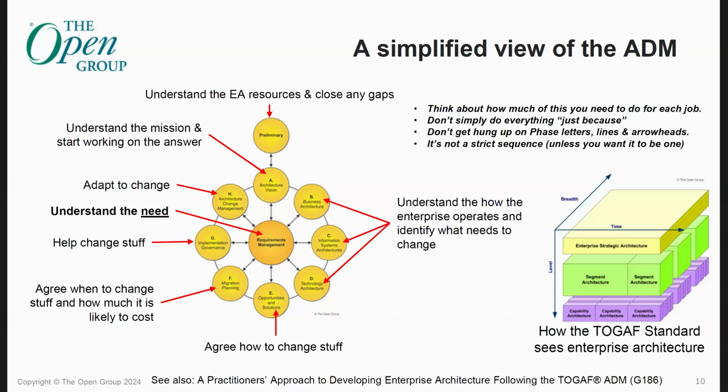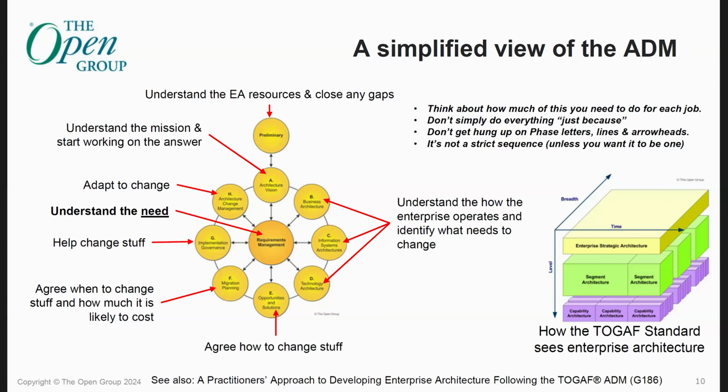And really I think a good way of thinking about these phases is, you've probably all seen this crop circle diagram before somewhere or other, and wondered what it meant. I think of them as filing cabinets. This is where the content on this subject is. If you want to understand what the TOGAF standard has got to say about business architecture, look in the business architecture filing cabinet. If you want to know what it's got to say about setting up or getting started, look in the preliminary phase,